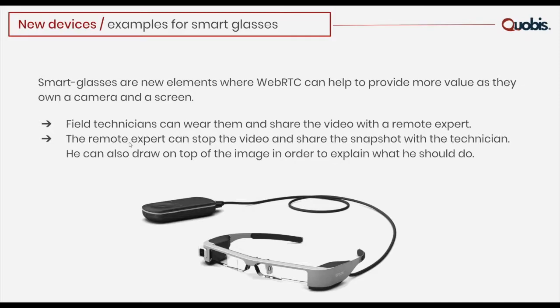But before finishing with this model, I just wanted to mention two points. The first one is smart glasses. We had a demo at the Mobile World Congress this year, and we had a reference with a customer that is using this element just to share the front camera of the smart glasses with a technician that is again in a remote location, and this technician can help to solve the problem that you have in front of you. So, here is an example of a new element where